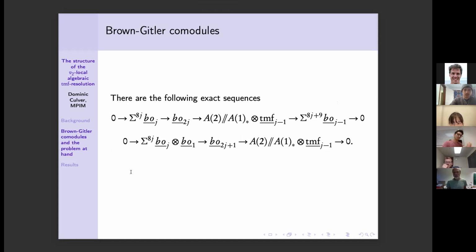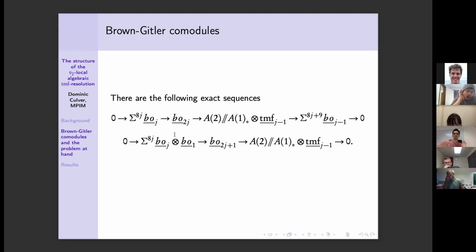Now, the other thing that's really interesting about these BO Brown-Gittler comodules is that they are related to each other by these two exact sequences. You'll notice there's this thing I haven't really defined yet, the TMF Brown-Gittler comodule, but honestly it doesn't matter what it is because these factors here are going to become unimportant in a minute. The thing to keep in mind about these exact sequences is that they give you, in principle at least, some sort of inductive approach